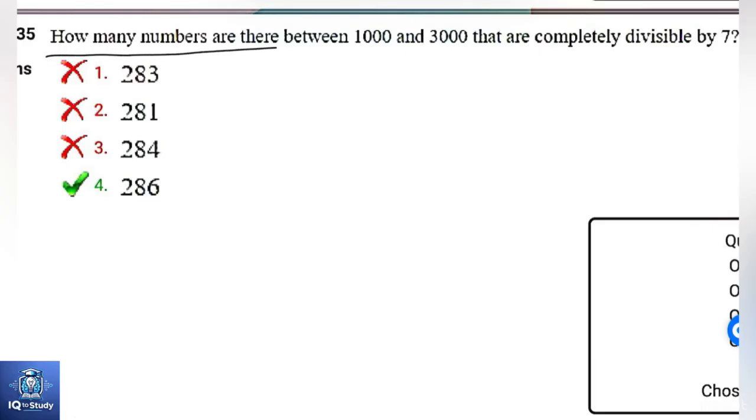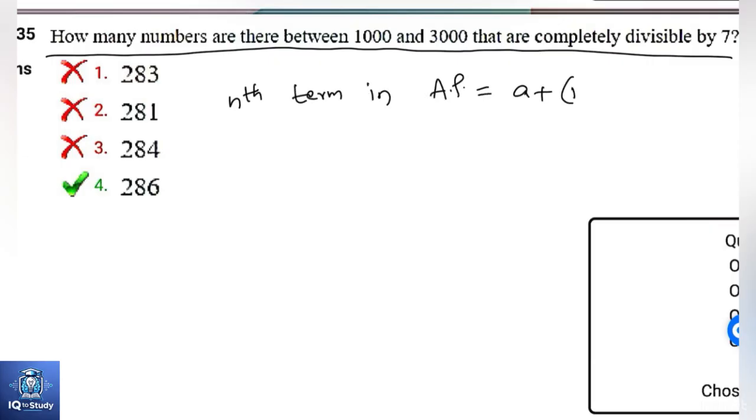How many numbers are there between 1000 and 3000 that are completely divisible by 7? We know that the nth term in an AP is equal to a plus n minus 1 into d. Between 1000 and 3000, the first number divisible by 7 is 1001 and the last number divisible by 7 is 2996. So the last nth term can be written as